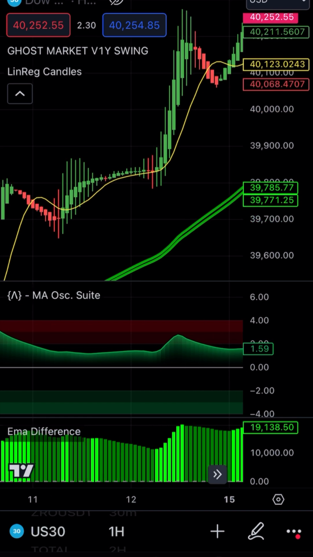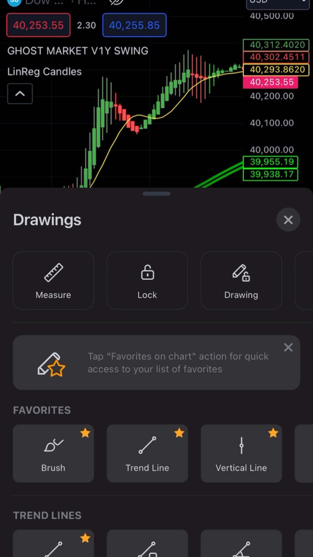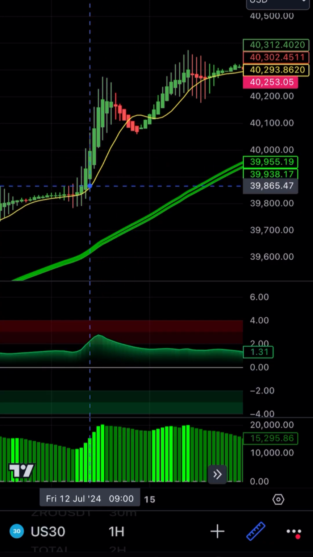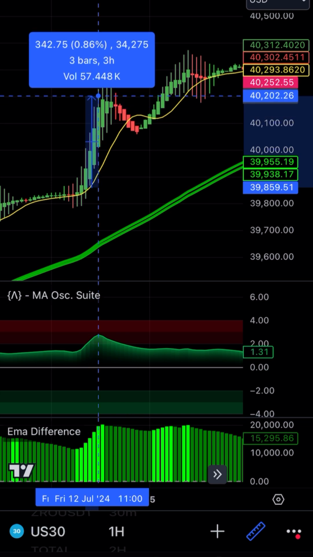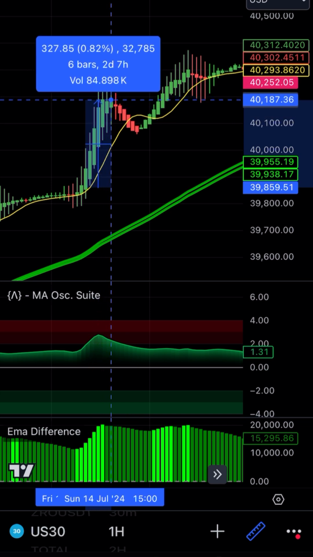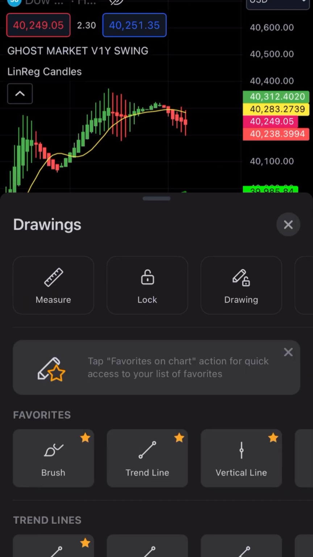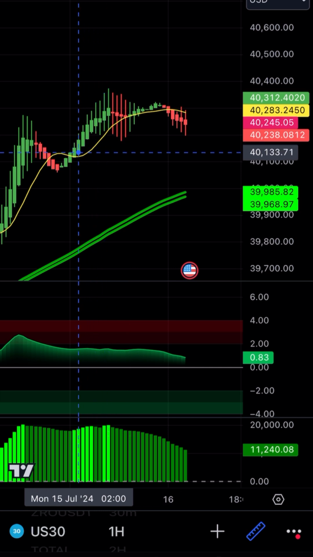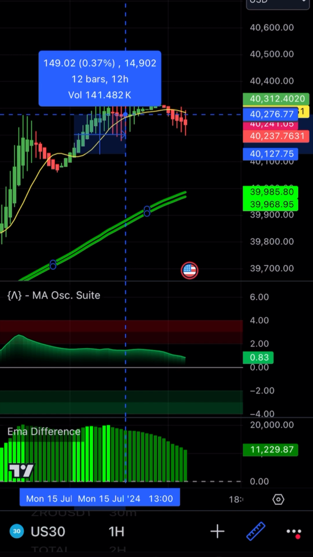So the direction is still bullish. If you miss that, the next one we get in would be right here, and you basically get in until it touches the linear line. You can get in right here. This is $327 off of a 0.01, and then you would get in another. There's another moment right here where it passes through, and you would get in right here, and this is $146